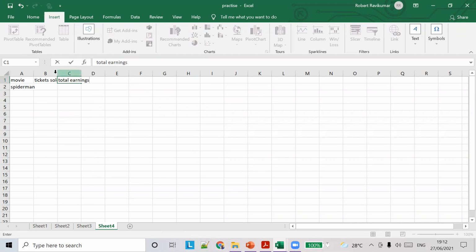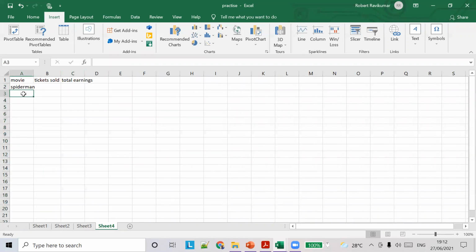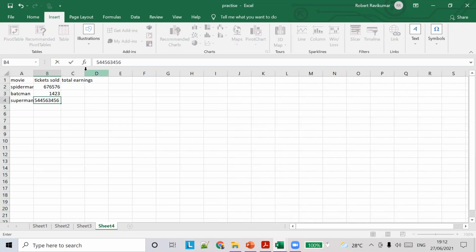So Spider-Man, Batman, Superman. These are the movies, and the number of tickets sold is something like this. So they have sold these many tickets. Now I want to find the total earnings.